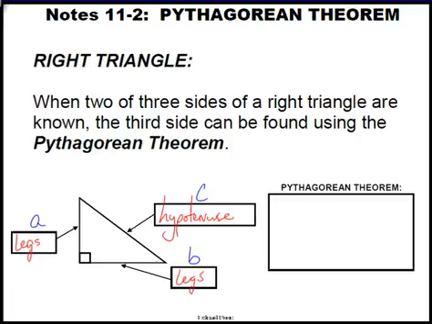The way the Pythagorean theorem works is if I square my legs, if I take my A and I square it, and then I take my B and square it, and then I add those two things together, it will always equal the hypotenuse squared, which is my C. That's my Pythagorean theorem. So looking at how the Pythagorean theorem actually works in practice,